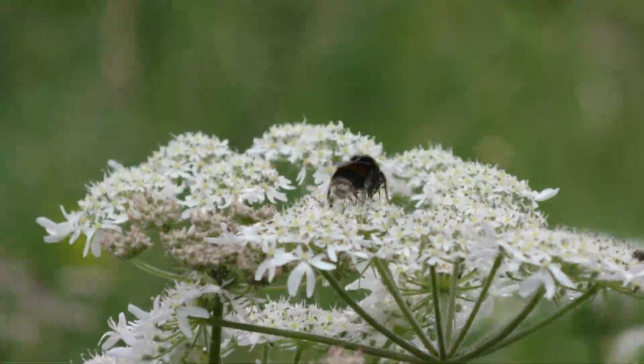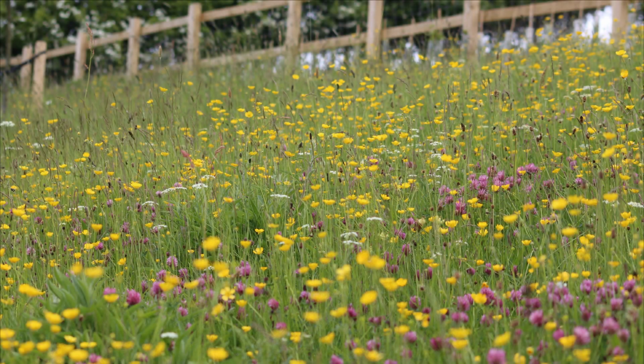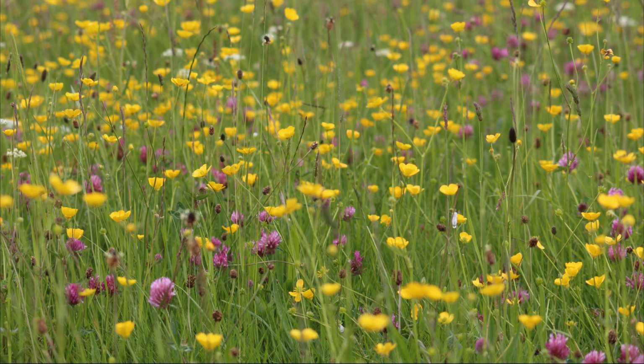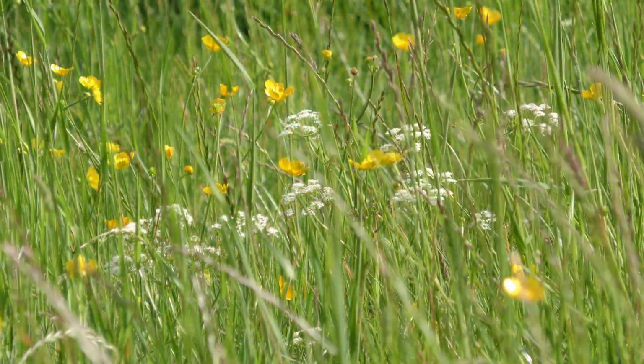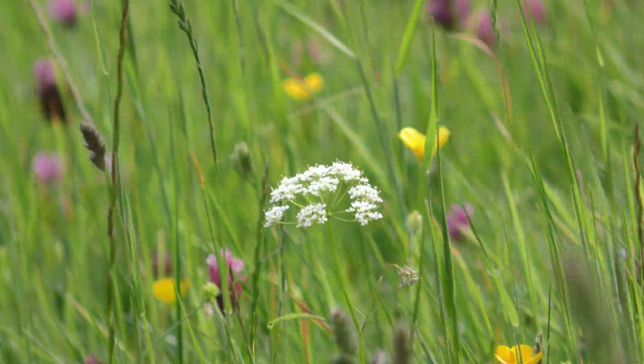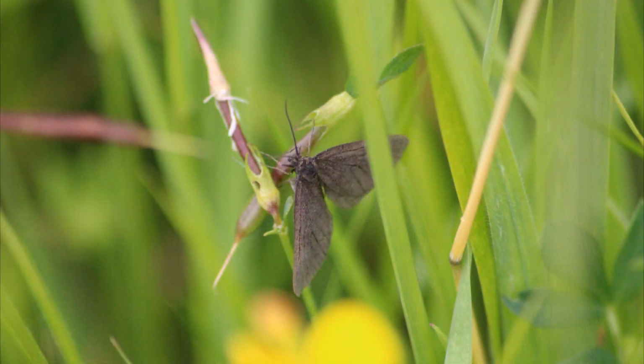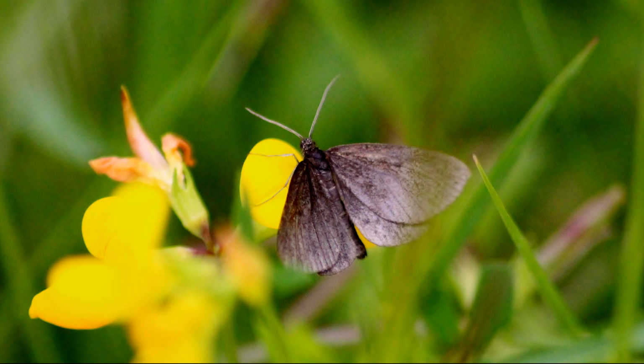So of course the bees moved in even further, because you've got things like wild carrot, which are a great nectar source as well. And we've also got a specific wildflower called pignut, which has grown back on the site, and that is the larval food plant for a beautiful little day flying moth. There's the pignut in the middle there, that white flower, called the chimney sweeper moth. Here it is in all its glory. Doesn't look much, but it really is a cracking little insect, and one that has colonised the site,